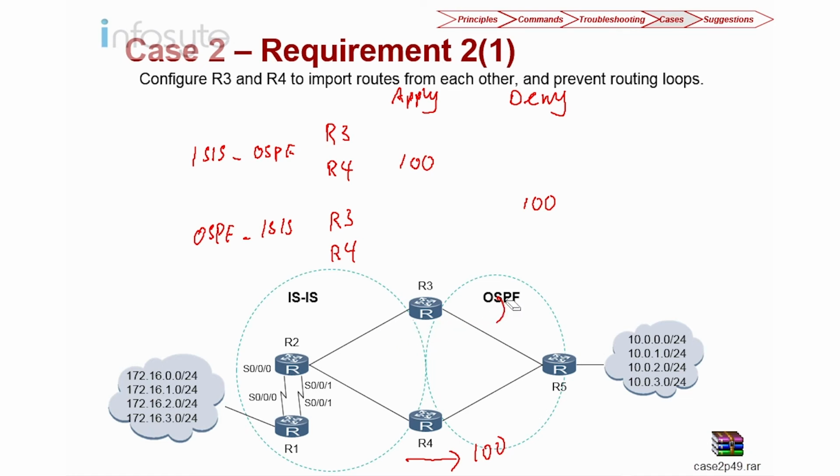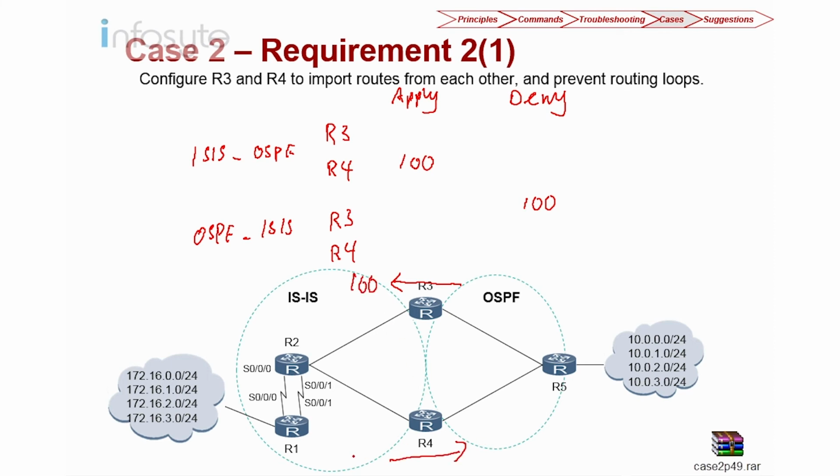That is on the R4. Okay, next we are going to do the Ospf to ISIS. Okay, Ospf into the ISIS in R3. Let's do here. So if we do an Ospf to ISIS, we are going to use 100, and for us